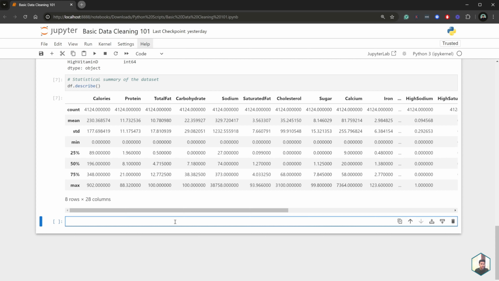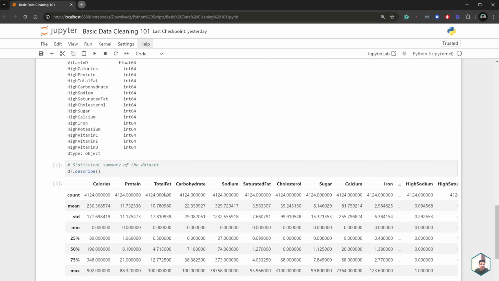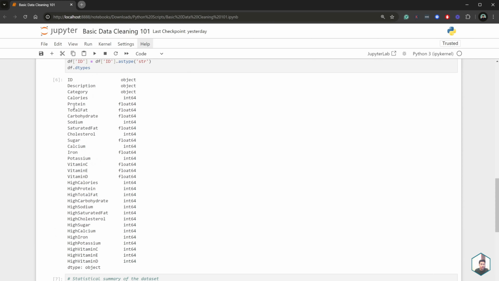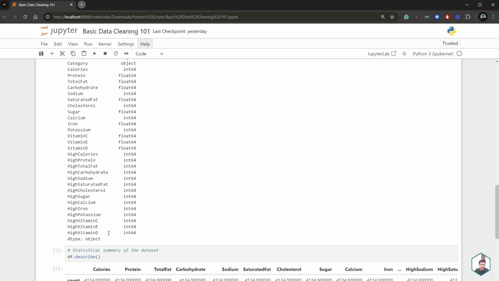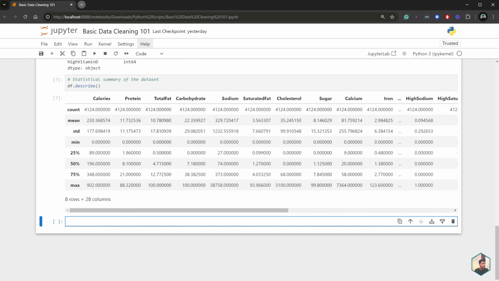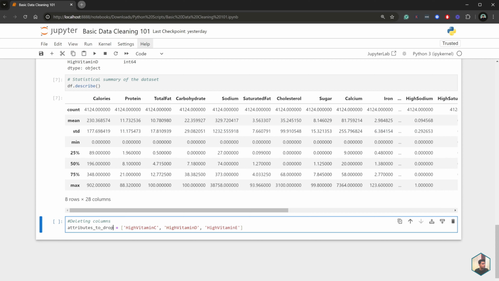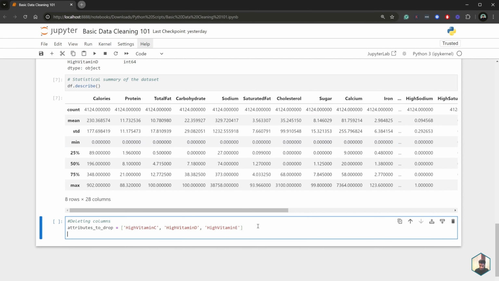The first step that I always like to do is drop any unnecessary columns that I have. Say for instance, I do not need these last three columns here, high vitamin C, high vitamin E, and high vitamin D. How I would go about deleting these is by first storing the three columns I don't want in attributes_to_drop, and then I will type in df.drop and specify columns equals attributes_to_drop.